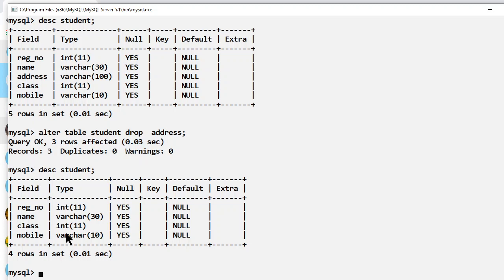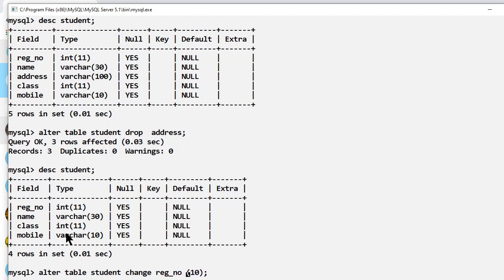Now what if I want to rename any column? Here it is written REG number, registration number, and I want to change it to roll number. So I will again use the alter command, and here I will write alter table student, change REG number.